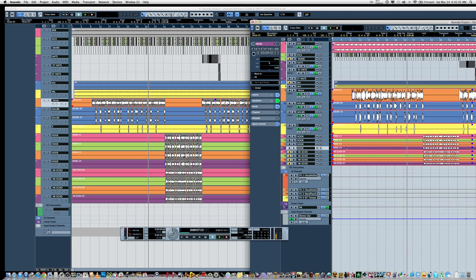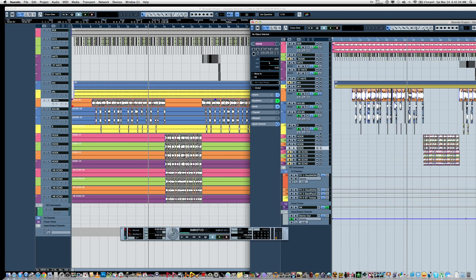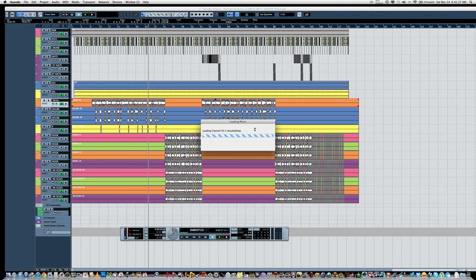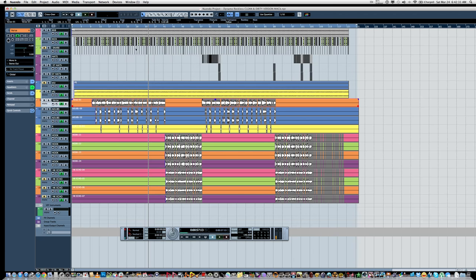So now what we're going to do is say undo, and we'll get back to that. And then we can actually even close that section out. We can say don't save, because we don't need it anymore. So now we're here. Now we can free up some resources. And we can load up this session. And now what happens is you have a clean and dirty mix within the same session.